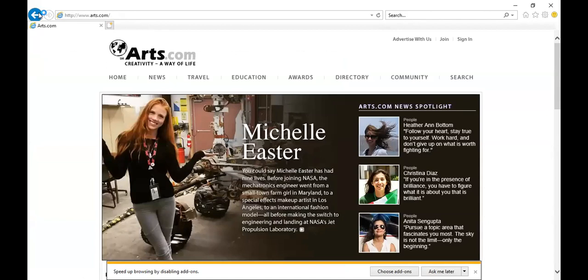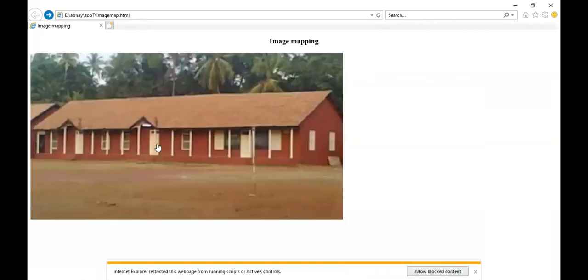When I click on commerce.com, I go back and again try to open the commerce hotspot. Whatever portion is linked, that will open. So I click on the circular area. When I click on the circular area, then commerce.com will open on screen. Okay, so it will open commerce.com. So do you understand the practical?